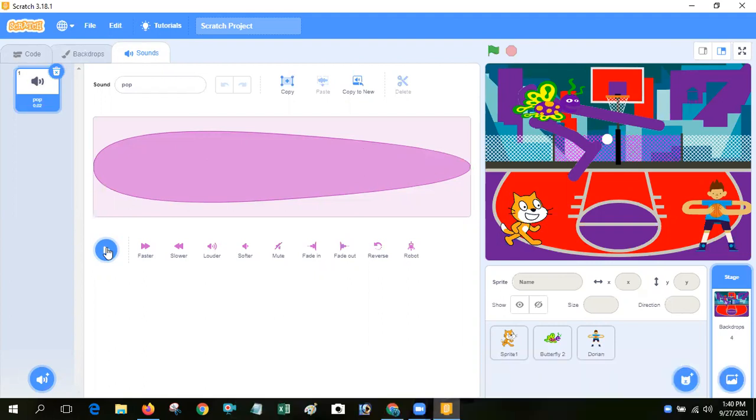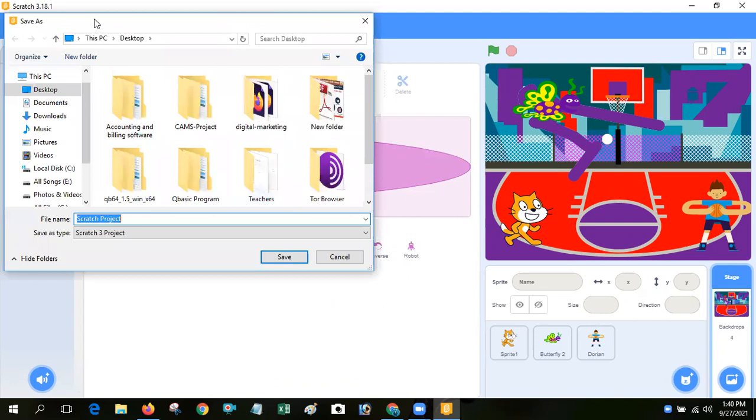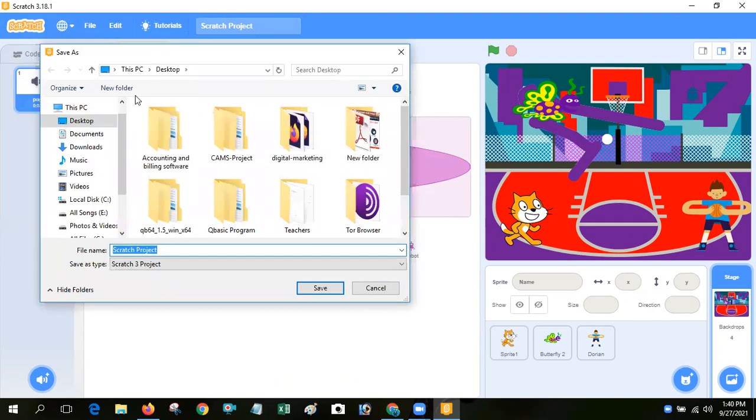Next, you can see page number 13, saving a project. How can we save our Scratch project? Simple. Just click on the File tab and click on Save to your computer. This one option. After that, you can see the Save as option will open. So type the name of our Scratch program, suppose class 5. And after that, we have to click the Save button.